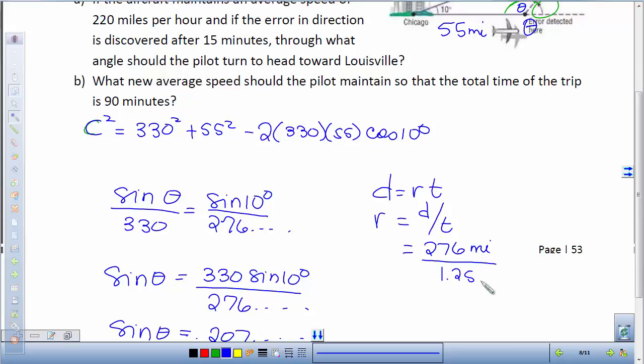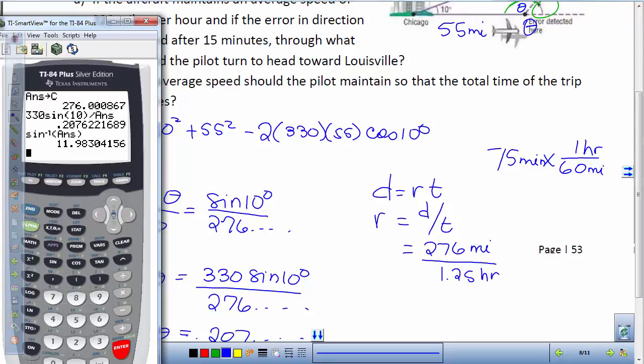Nobody agrees with that? Y'all thinking about it? If you need to convert it, everybody okay? 75 minutes. That's minutes. 60 minutes in 1 hour. So that comes up to be 1.25 hours. So 276 divided by 1.25 gives us 220.8 miles per hour,